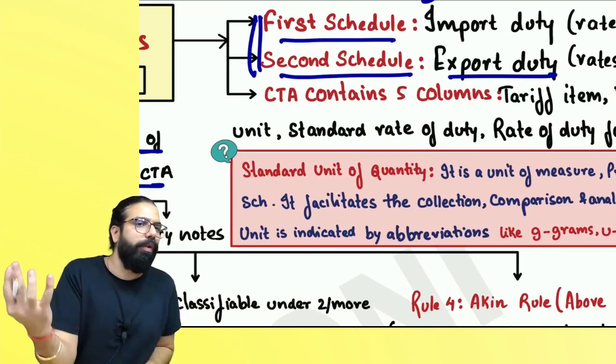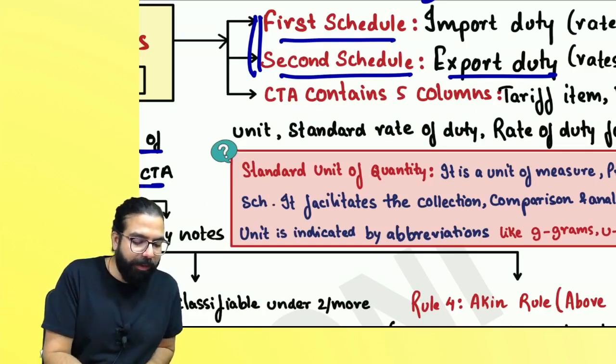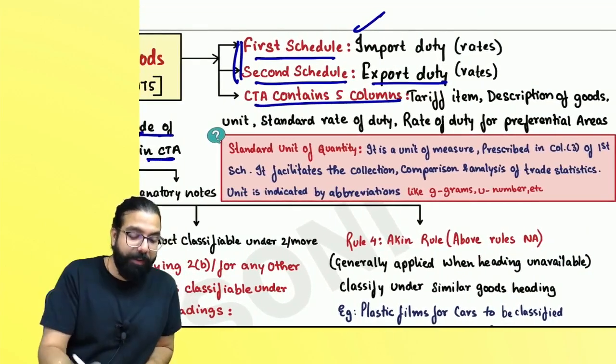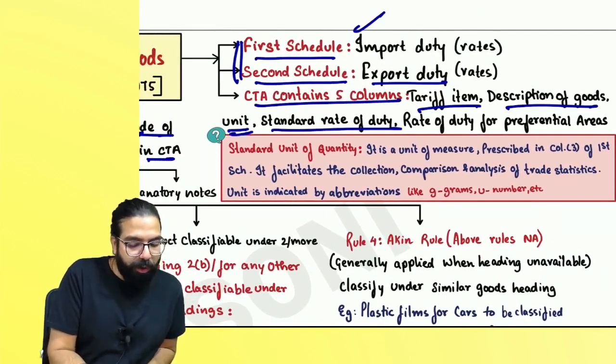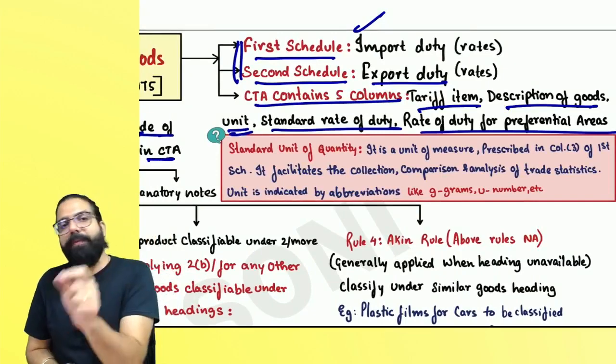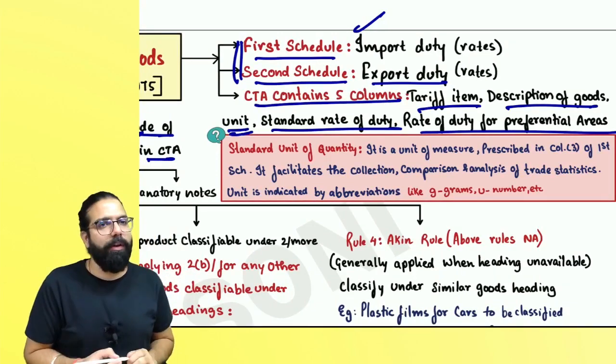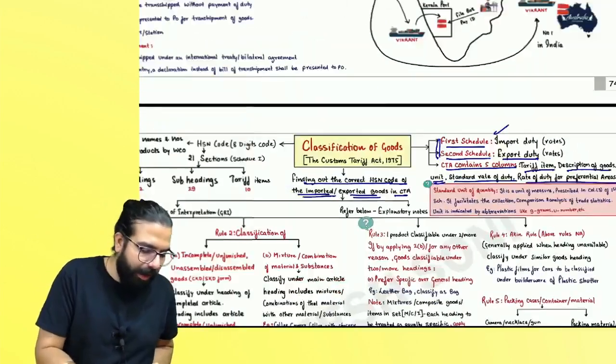Baba, when you see the schedule, you will be able to see how many columns are there. 5 columns are there. The first column is the tariff item. The second is the description of the goods. The third is the unit. The fourth is standard rate, and the fifth is the preferential rate of duty. Basically, rate of duty when you are getting the goods from preferential area. Always remember,